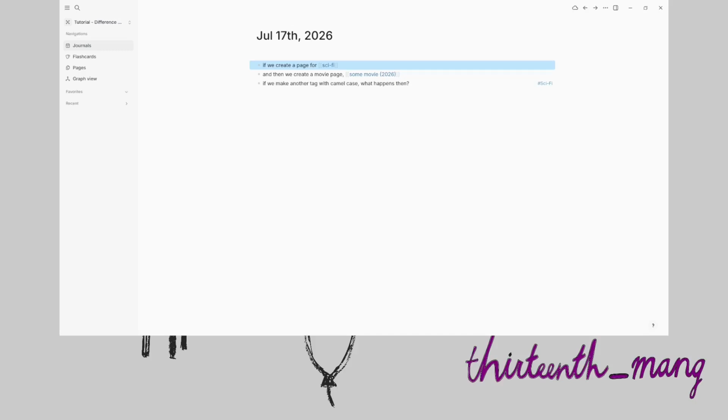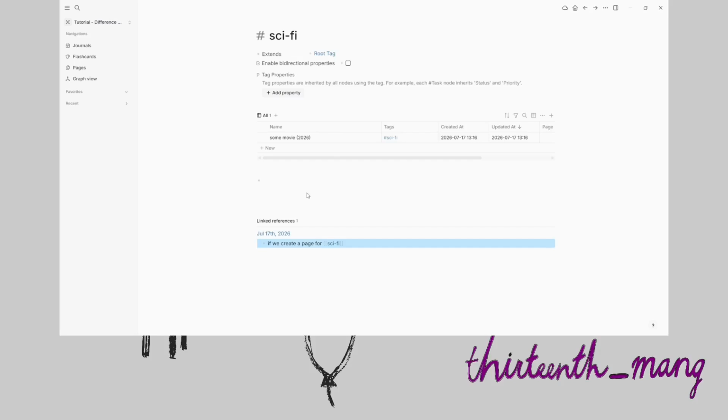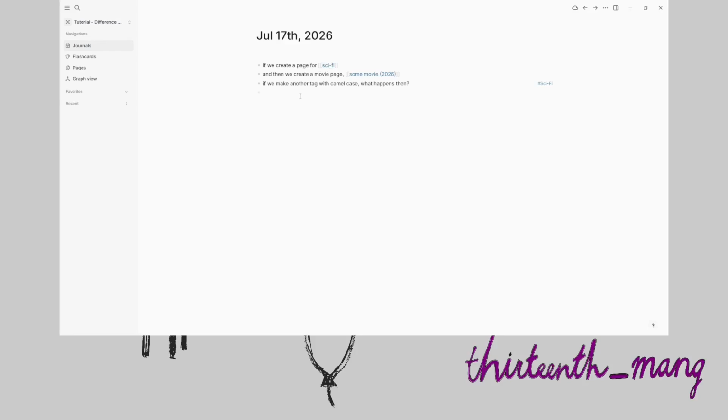If we look at the page sci-fi, that's something to check as well. We didn't actually put anything in the sci-fi. So let's do another quick little experiment. We'll just create a page for sci-fi 2, original, I know, and then we'll create a page for some movie's sequel. Some movie 2 also comes out 2026, but on sci-fi 2 we're going to populate this with some text, because